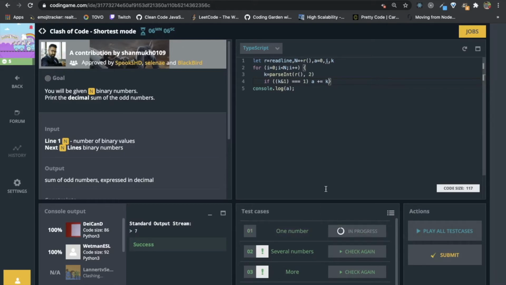Let's try it. Yeah, so I guess now our solution will work. Shorten it more.